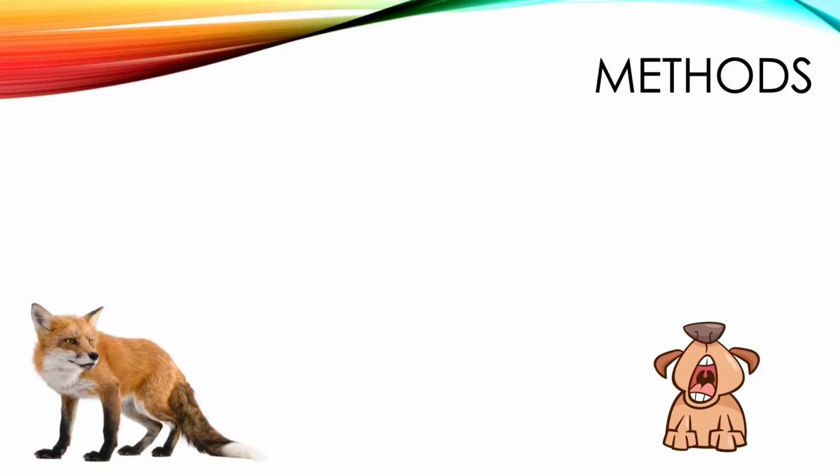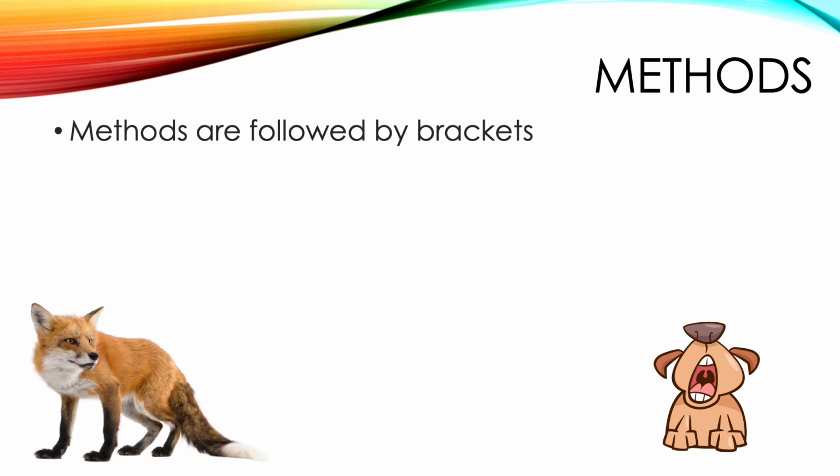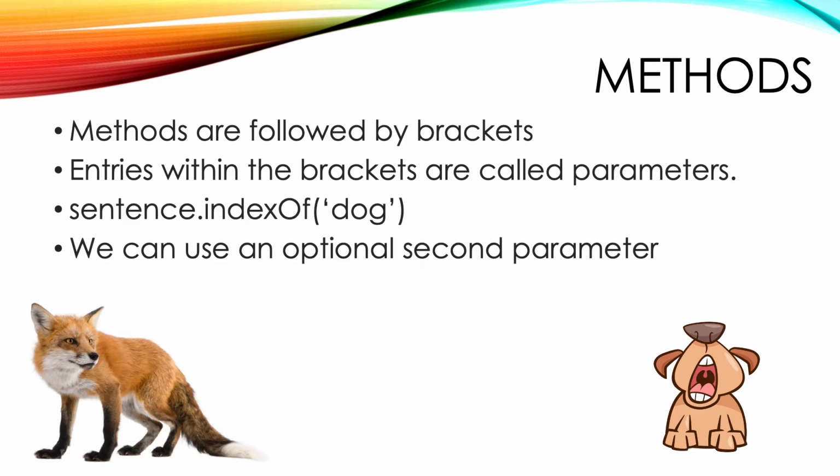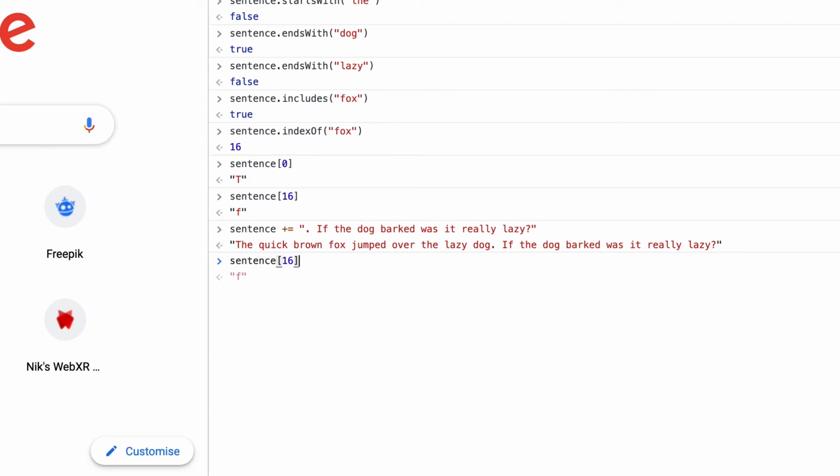When we use the method indexOf, we included the word fox in the brackets. All methods use brackets. It sets them apart from a property, such as length, that doesn't need brackets. The word we supplied is called a parameter, and we'll meet parameters a lot in the course. The indexOf method is most often used with a single parameter, like this, but we can use a second parameter. The sentence now has two examples of the word dog. If we use sentence.indexOf('dog'), then we get the return value 41, which is the position in the string of